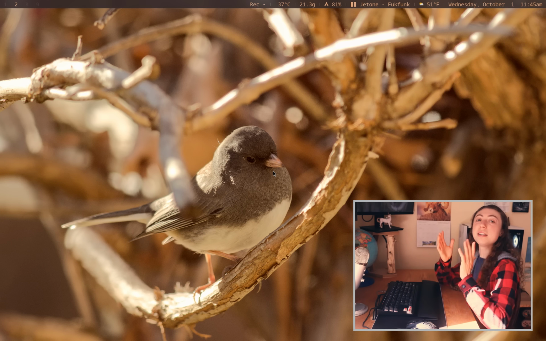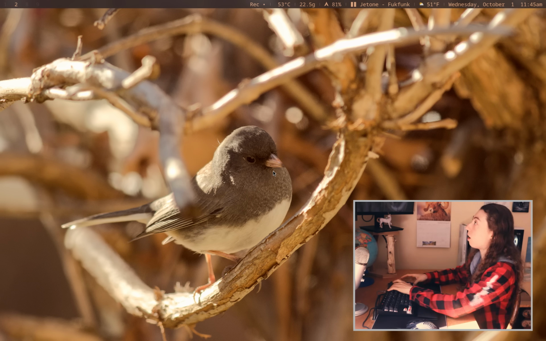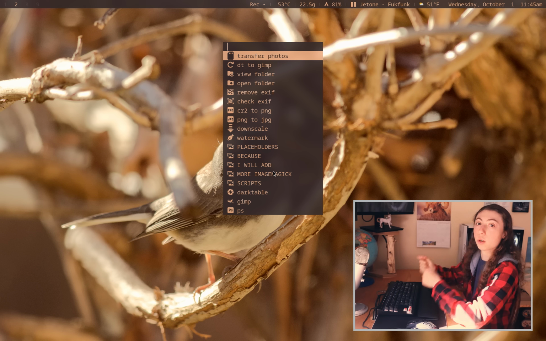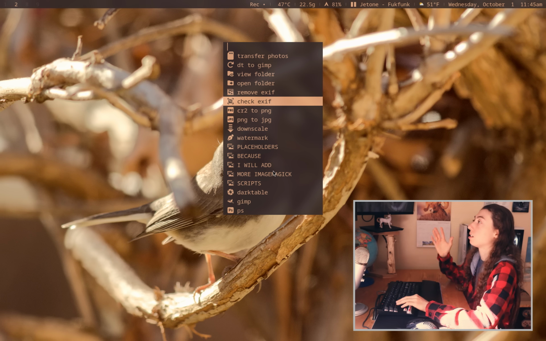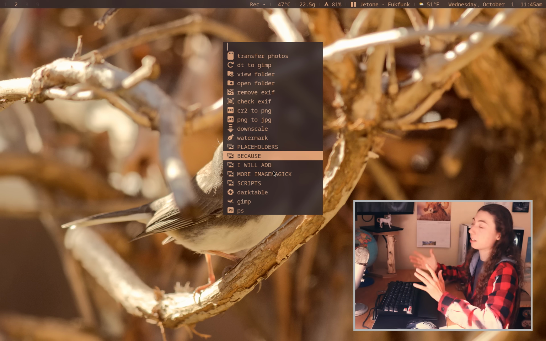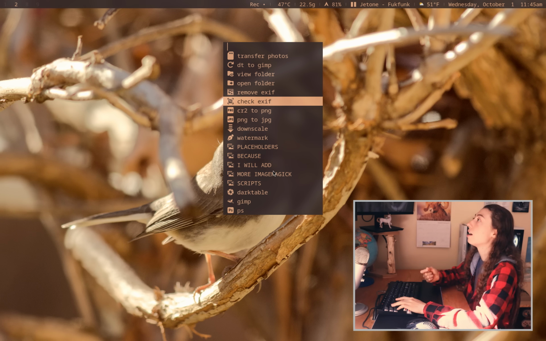What's up? So it is 100% worth it to automate all of the various gaps in your workflow, and I'm going to show you why. Because I have automated and consolidated the majority of my photo processing workflow into one singular dmenu script here. This has almost all of the options I regularly use, barring the placeholders here that I'm going to add more scripts to, but it has all of my options and it is one key press away,